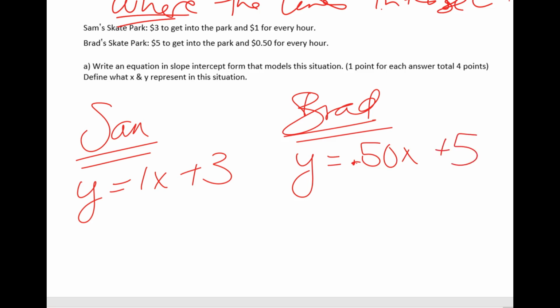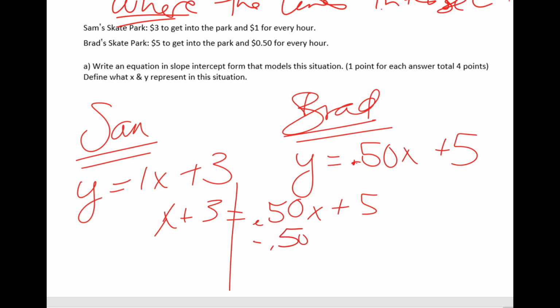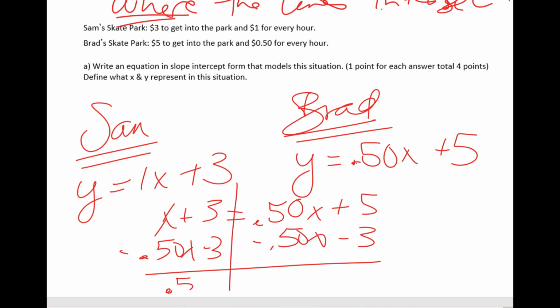Most of the time these problems ask, when will they both be the same? Well, that will be when you set them equal to each other. So we get x plus 3 is equal to 0.50x plus 5. Subtract 0.50x from both sides, and subtract 3 from both sides, and so we get 0.50x is equal to 2. Divide by 0.50. How many halves fit into 2,